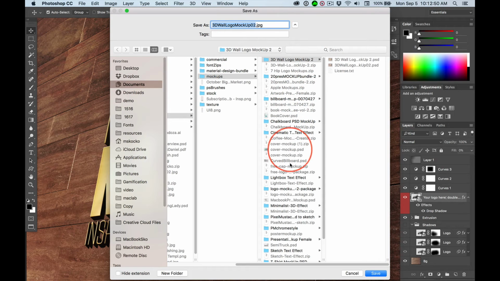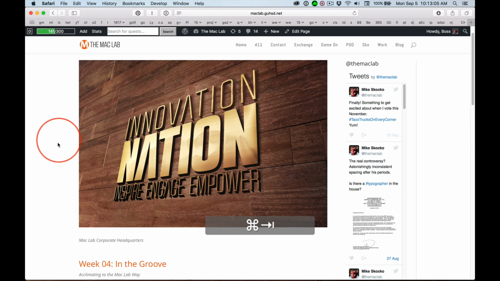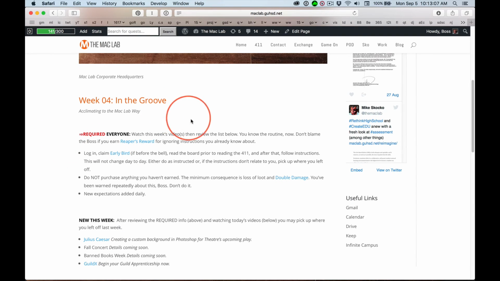And, ooh, look at all these mock-ups, how I've actually organized things. How smart is that? Well, you could be smart too. So that's it for Monday. Well, let's review back over here. I just want to show you that if it says required, guess what? It's required. Is it? But do I mean you? Well, if it says everyone, do I mean you? Pretty easy, huh? Read the words, read the words, read the words, and this will grow.